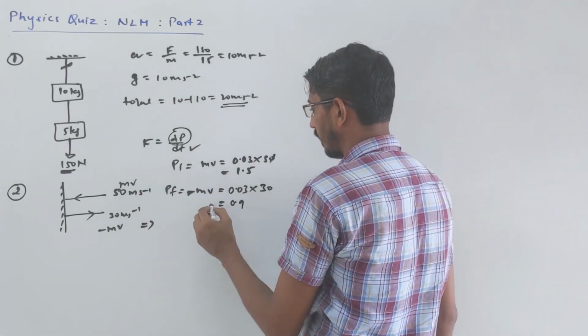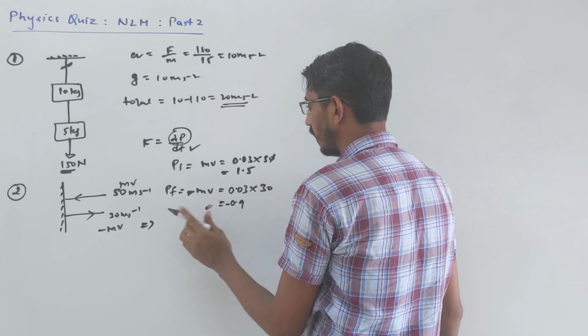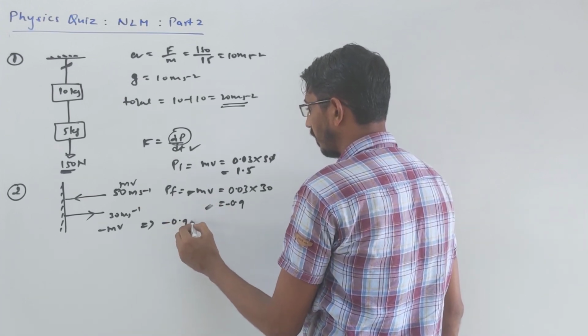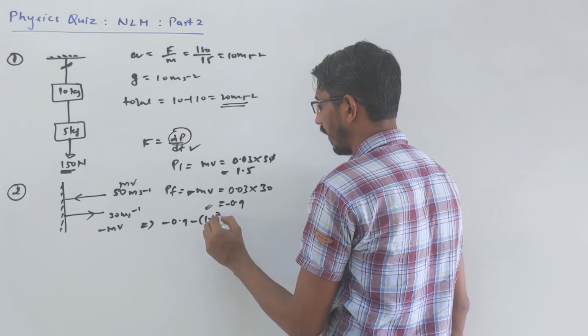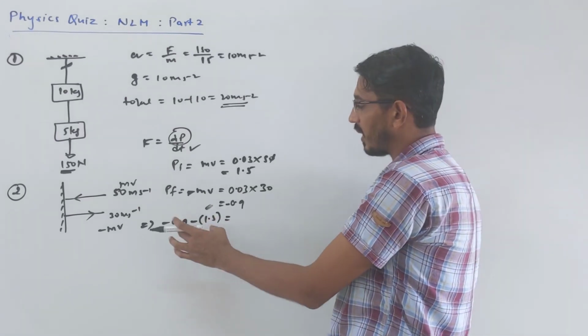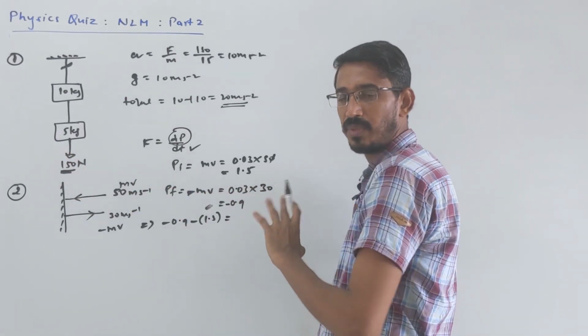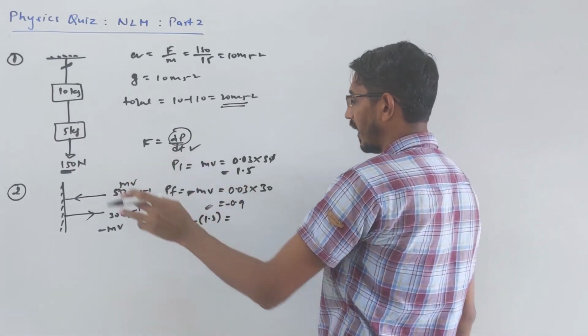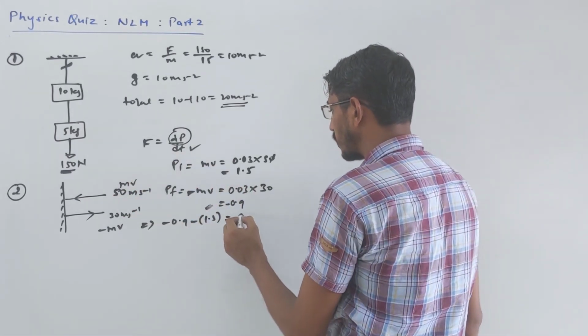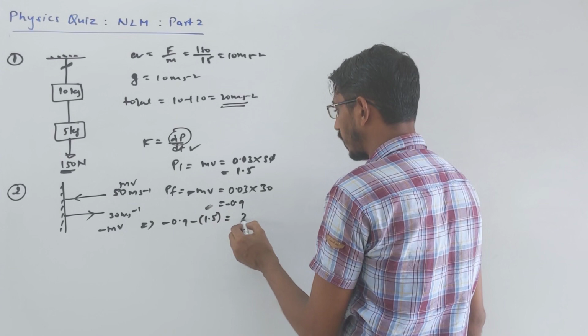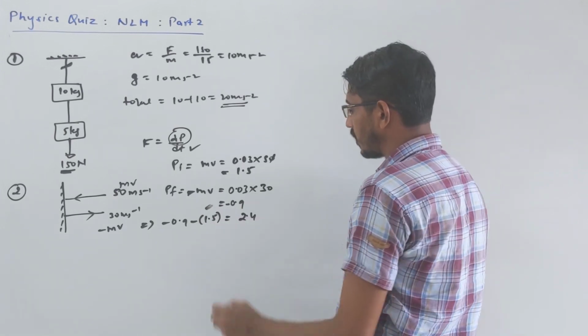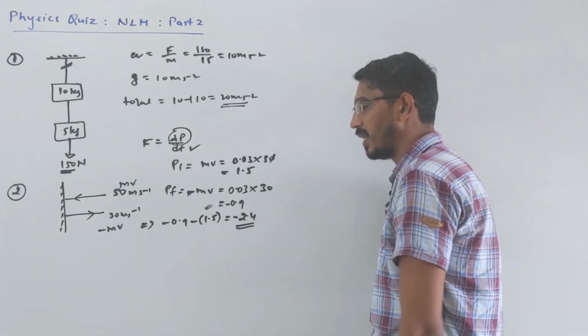Final is what? This is a negative value, keep in mind, negative. So minus 0.9 minus the initial value, that's what? 1.5. So in real this becomes addition. When a return happens like this one, rebounding, the total momentum is simply added. So this should become what? 1.5 plus 0.9 means 2.4. You can put a minus here or not, it doesn't matter, we just need the magnitude.